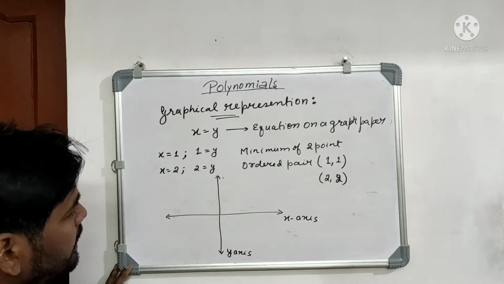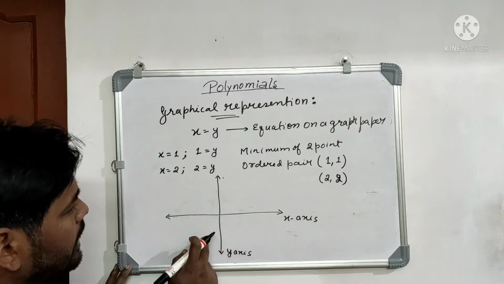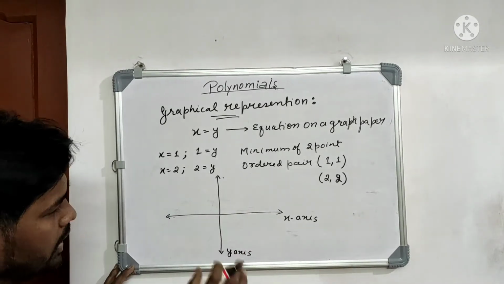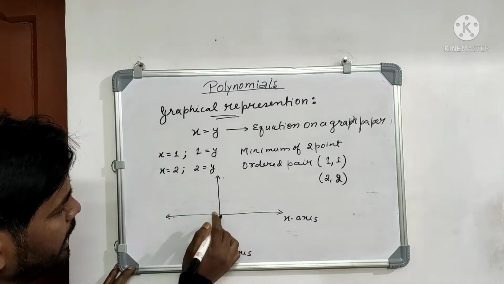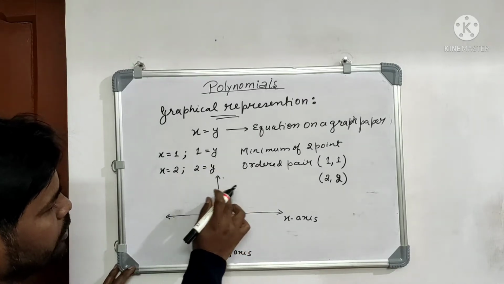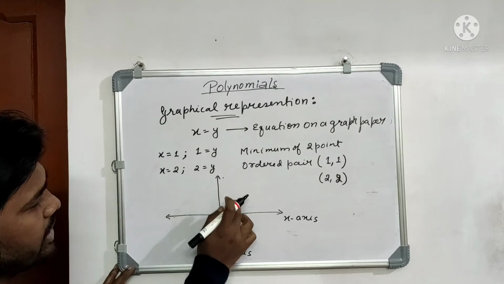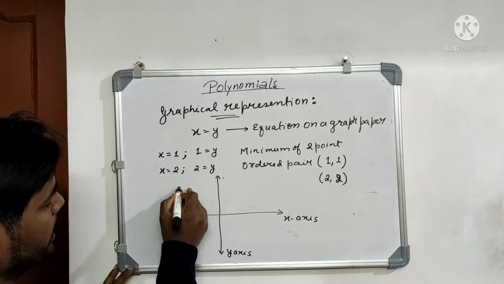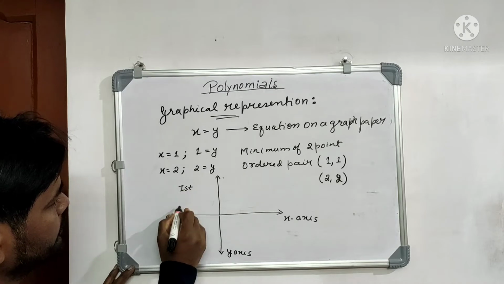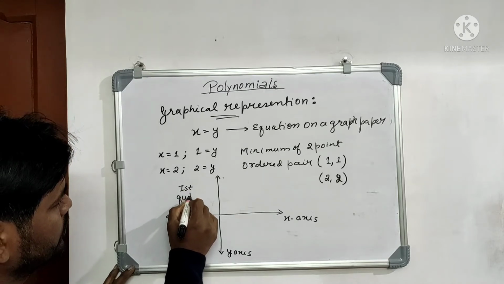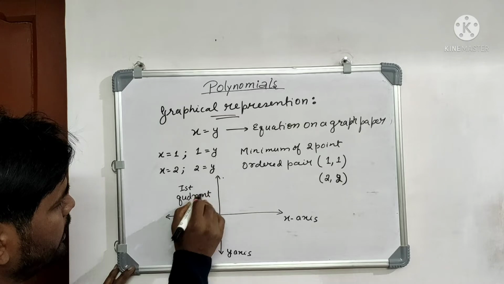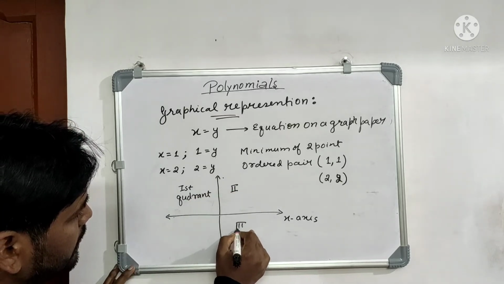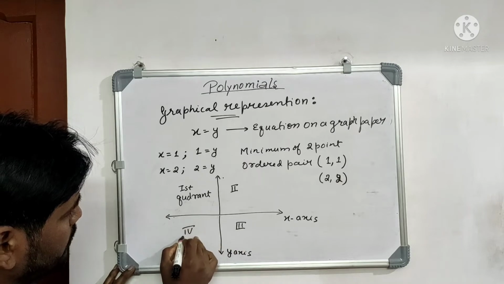As is visible on the board, we have 4 different sections and each section is termed a quadrant, because an angle of 360 has been divided into 4 equal parts, and each equal part is known as a quadrant. This is known as the first quadrant, similarly this one is the second, this is the third one and this one is the fourth one.